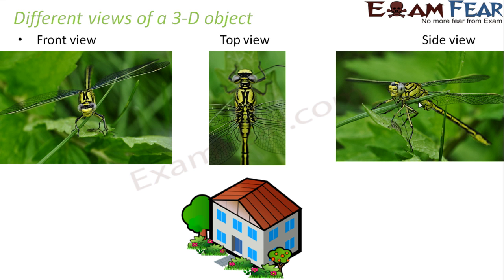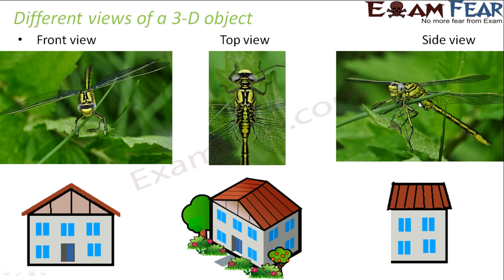So, let's take the example of a house. The top view of the house looks somewhat like this, but when it is observed from the front, you get to see only the front, and the side and the back do not appear at all. Similarly, when you look at it from any one side, you just get to see this side of the house. You do not see any other side. So depending upon from where you are looking at that particular object, you get to see a particular view of it. So with this, we have reached the end of this lesson